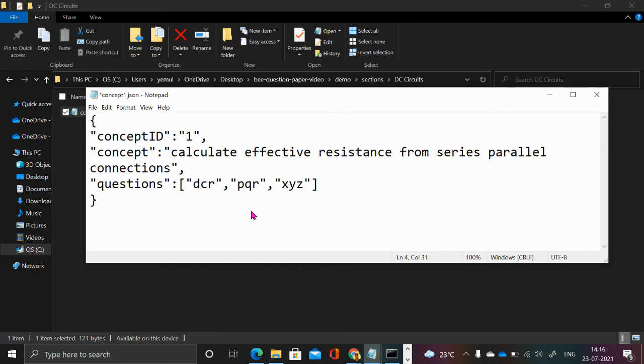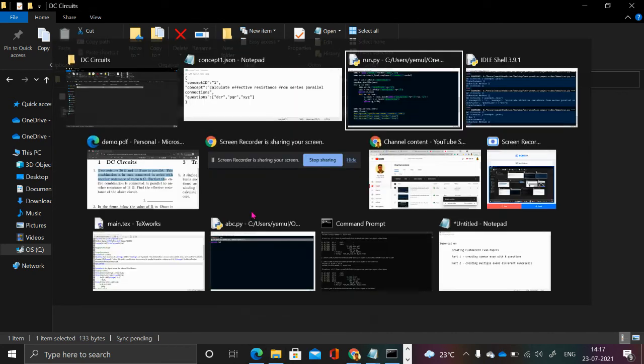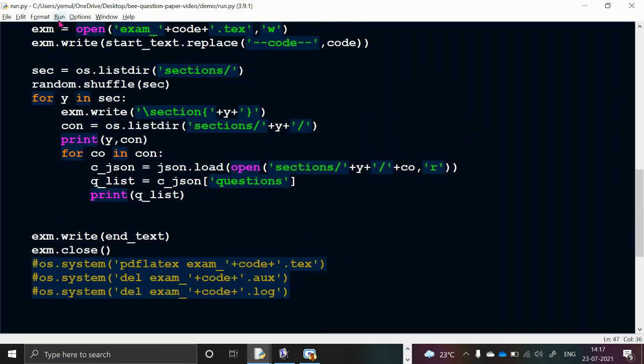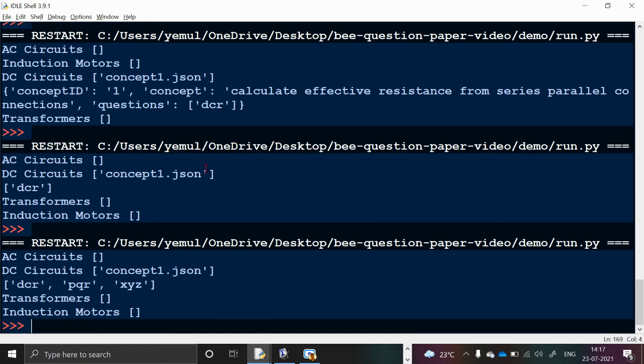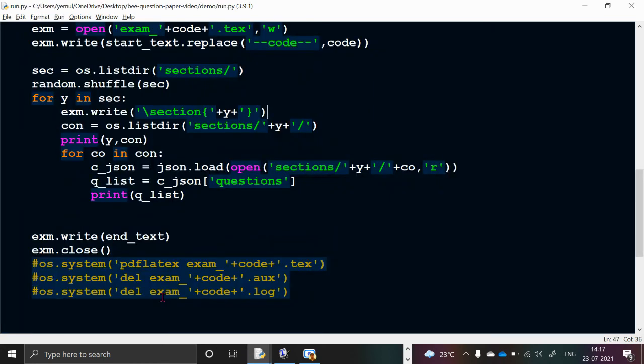So like this, I can keep on adding more questions. Okay. So now if I run this, so here all three questions are in the list. But I can now choose only one question and randomly I can give them. But at this stage, multiple questions per concept, we are not looking at it. We are just looking at one question per concept. So I'll just leave it up to here.